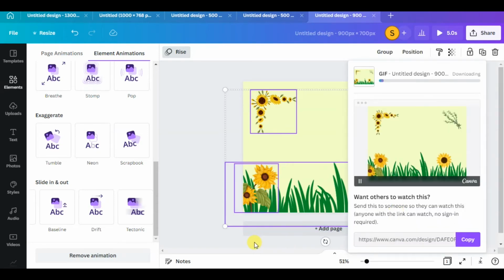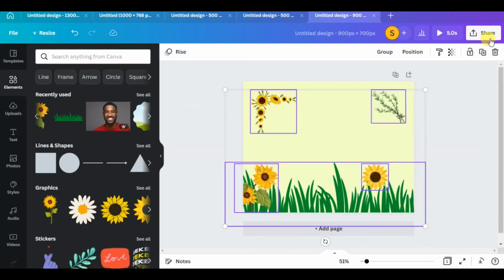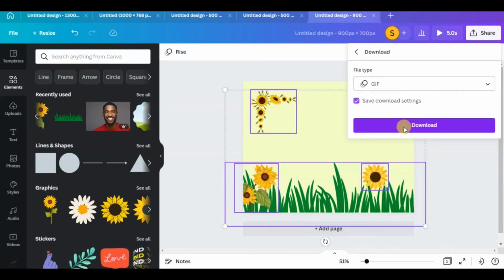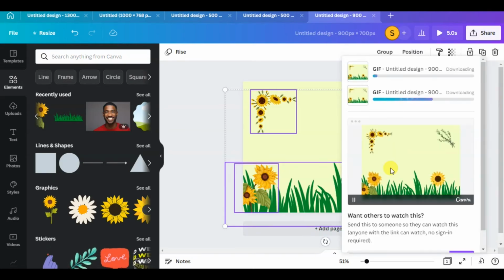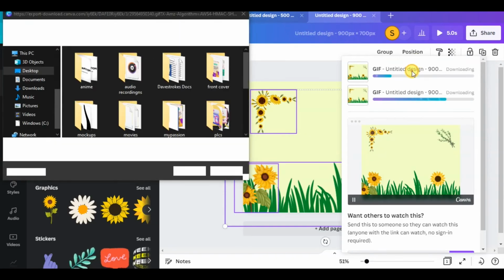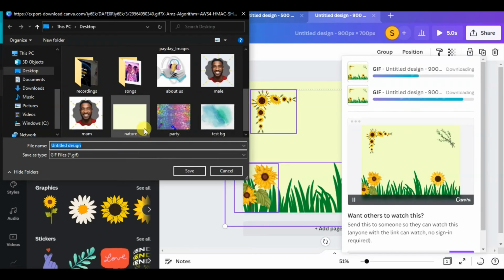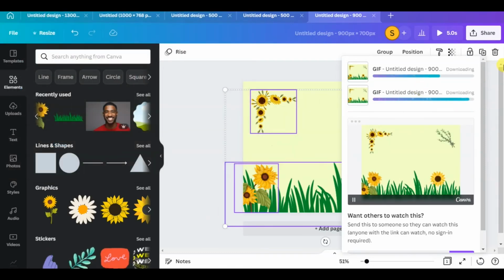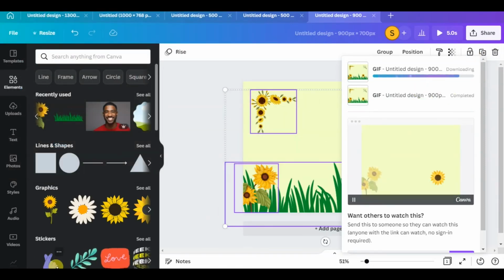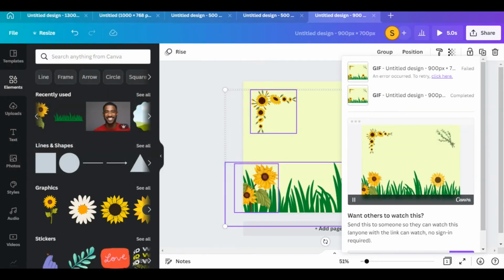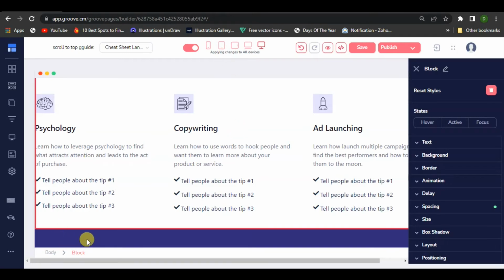Yeah, and here we're just gonna choose GIF and download. Okay, so I'm just gonna go and replace it with the one I had before, which is nature. I'm just gonna save this. Yes. Replace this. I'm gonna come back here and cancel that one.